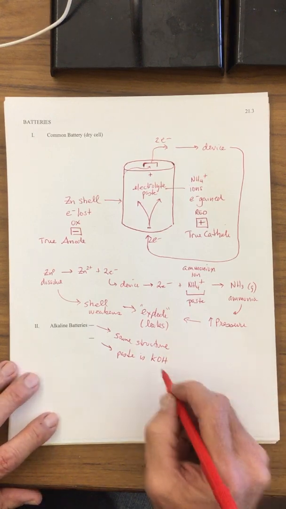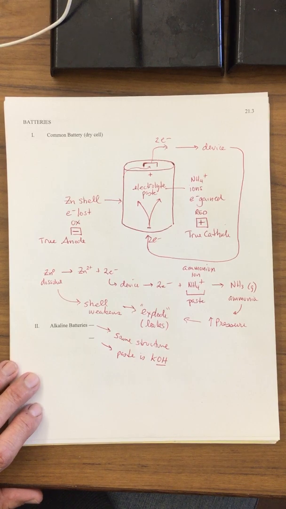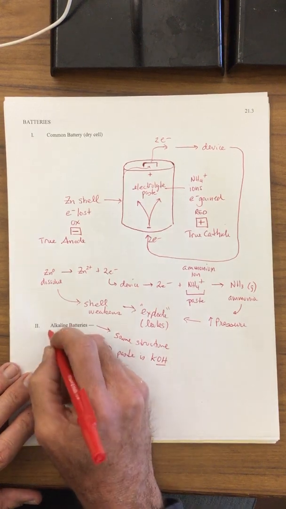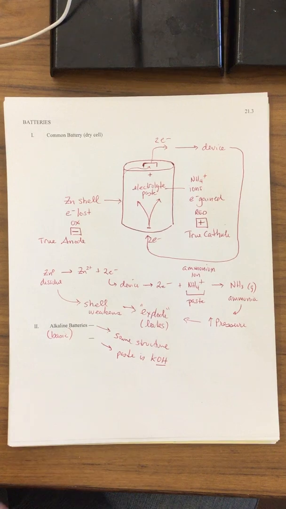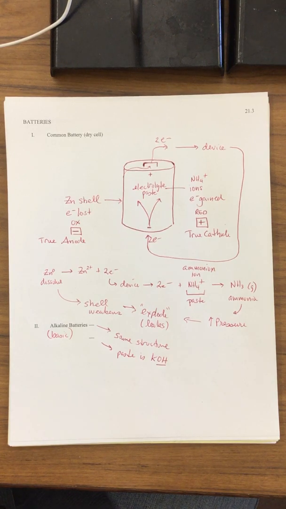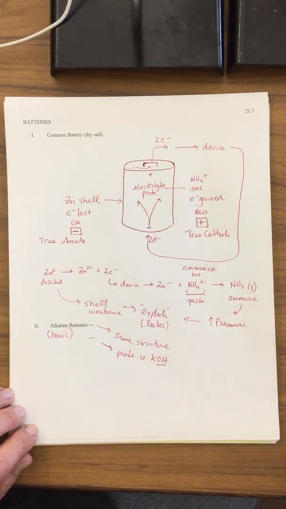Well, we learned from the previous chapter that things with OH are bases. And another name for something that is basic is alkaline. Alkaline means basic. You might be testing the alkalinity of your pool, for example, and that's testing how basic it is or how acidic it is. So the opposite of acidic is going to be alkaline. That's why it's called an alkaline battery, because this paste has a base in it.